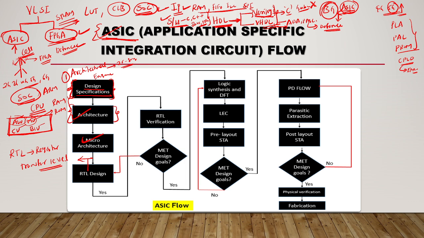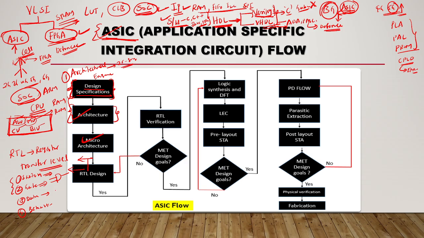In Verilog there are different types of modeling styles. One is switch level modeling, next gate level modeling, data flow modeling, and then behavioral modeling. Switch level modeling means basic low level modeling, like when you write a CMOS inverter. Gate level modeling means you need to write in terms of gates. You have gate level primitives, and you write using them. Data flow means you write in terms of expressions.